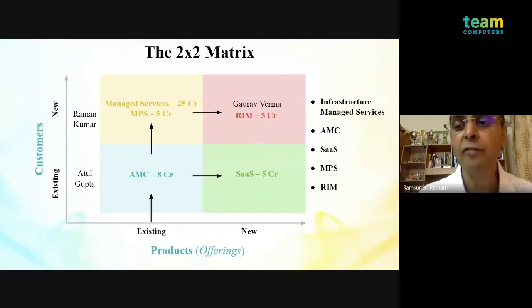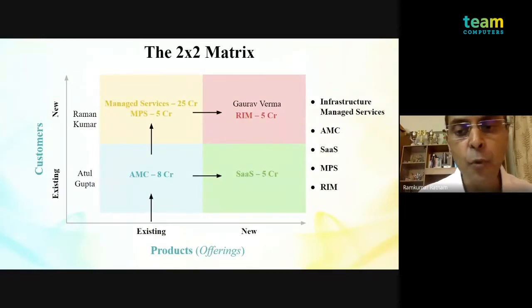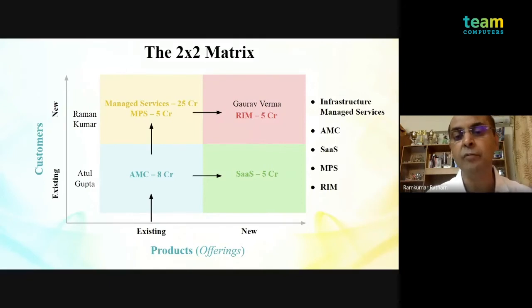If you're entering for the first time, then you look at the left quadrant of the extreme bottom. Let's assume that this is a subsidiary. This is a new account. Either I use Atul or Raman to introduce me here, or if not, then I start with an offering in which I have an undisputed market leadership and undisputed differentiation. So AMC is my key differentiation. I start the conversation with AMC and establish myself, and then I use the same techniques to navigate horizontally and vertically to increase my base and my footprint in the base.